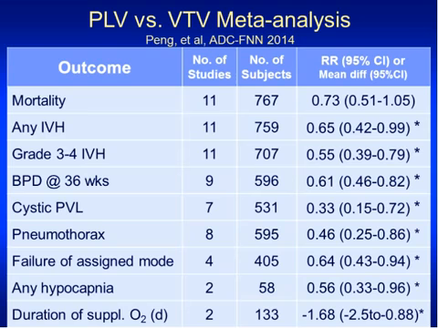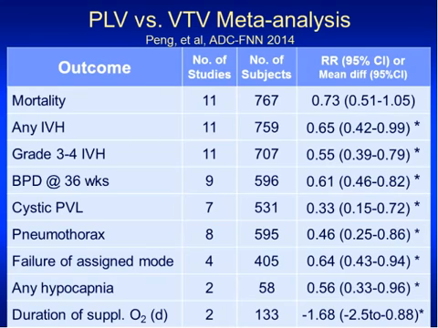But all the other outcomes that I listed here are statistically significant. The numbers do not cross 1. And so there is a 35% reduction in the risk of any intraventricular hemorrhage, a 45% reduction of severe intraventricular hemorrhage, an almost 40% reduction in chronic lung disease, a 2/3 reduction in the incidence of cystic periventricular leukomalacia, and more than 50% reduction in the incidence of pneumothorax,